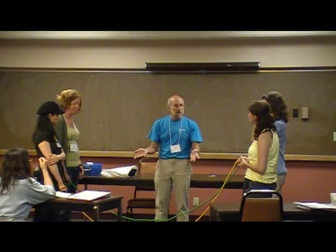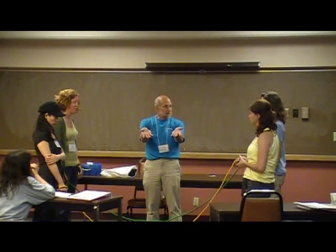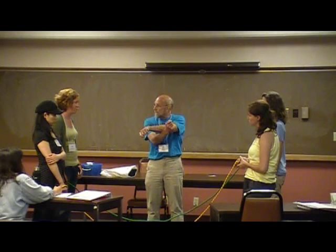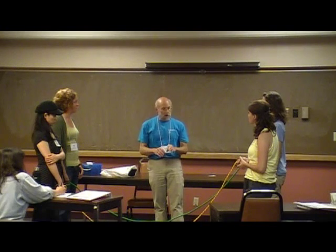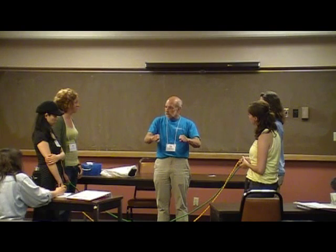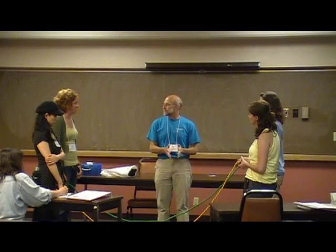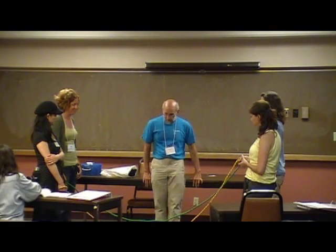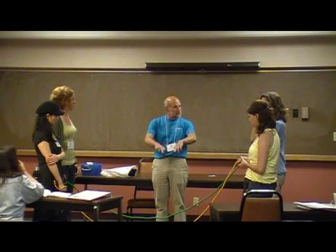The reason I have 2 colored ropes is for the audience. When we have a tangle and I want to display it to the audience, it's much, much easier to see how the ropes tangle around each other if you've got different colors. It's also a good idea if you're doing this to get ropes, the thicker the better in some sense, because if you've got real thin ropes, you can get a little knot that's very hard to undo. In fact, some of the things we do today will seem maybe a little hard for that. So the whole idea is, we're going to start with the 2 ropes in, this is like the 0 position,